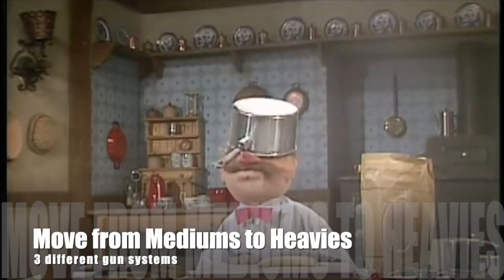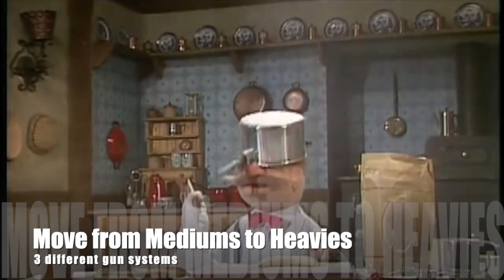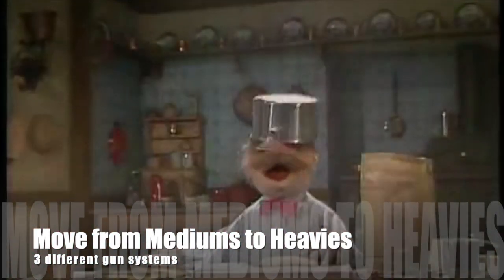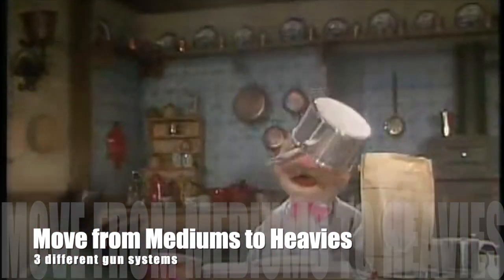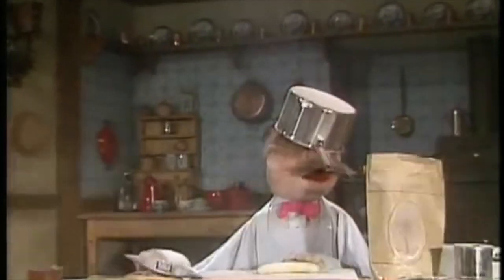Now you're going to move from mediums to heavies along this line, so Tier 8, 9, 10 are heavies, and there's three different types of gun systems too. Standard single shell gun system on Tier 6 and 7, moving on to auto loaders and then auto reloaders. I'm going to have a look at all of those and have mini tutorials on those as we go through